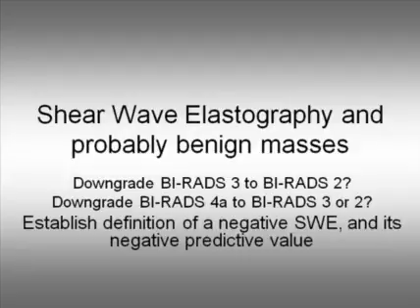So how can we use shear wave elastography and ultrasound? I'm going to be looking at this specifically for our probably benign masses, masses that we would have called BI-RADS 3 or BI-RADS 4A. Can we use shear wave elastography to downgrade BI-RADS 3 to a BI-RADS 2, or can we downgrade 4A to BI-RADS 3? For this, we need to understand clearly what a negative elastogram is and what the negative predictive value